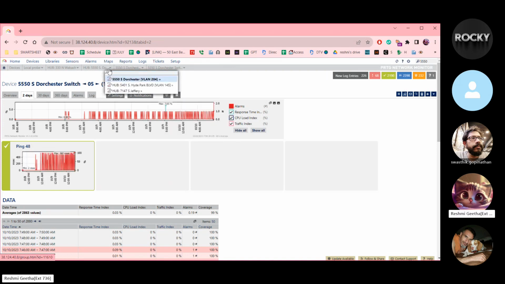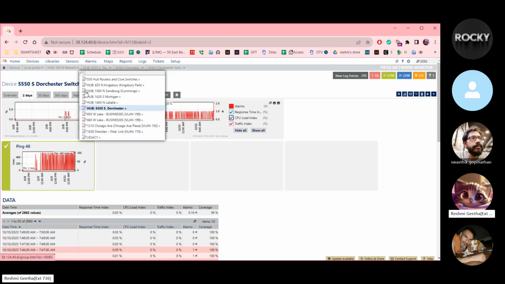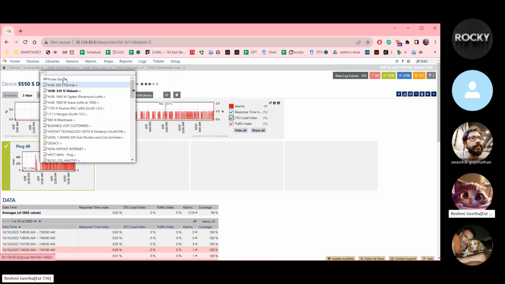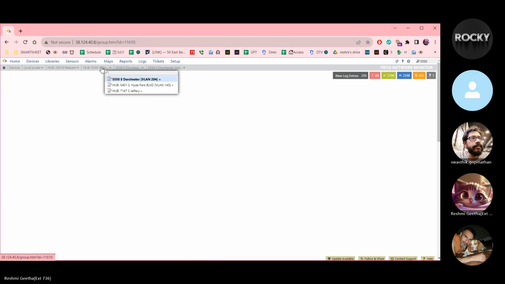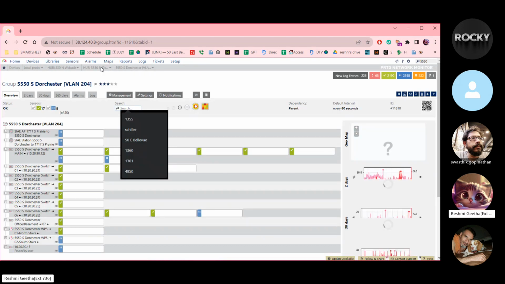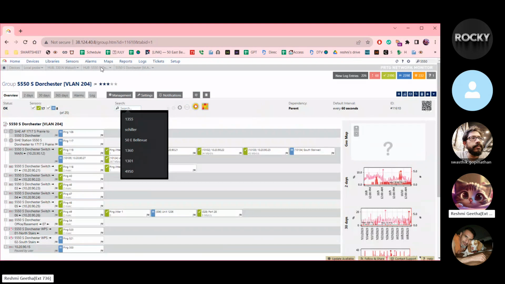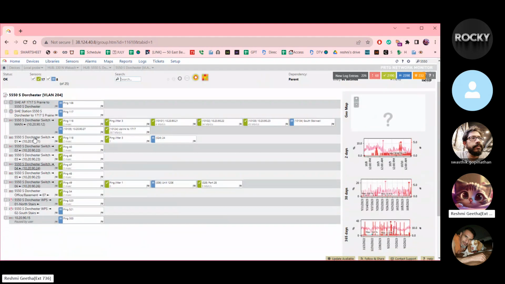The device comes under 5550 South Dorchester VLAN 204, and that is under the hub 5550 South Dorchester, and that comes under the hub 330 North Wabash. So that's the tree chain for this particular device. If we go to 5550 South Dorchester, that's the building VLAN, we can see